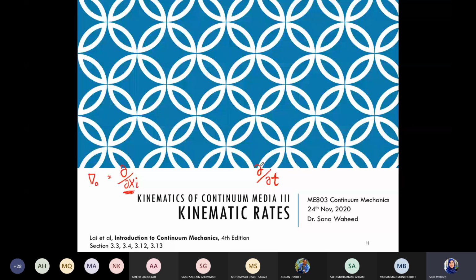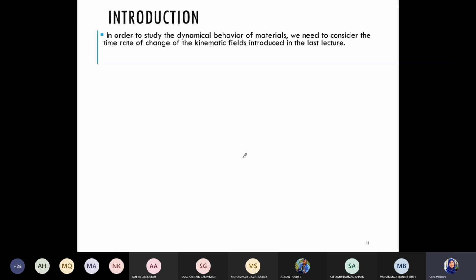We're going to start to look at time derivatives of basically any continuum. So this is not just important in fluid mechanics, it also has importance in solid mechanics whenever we're looking at the time dependent or dynamic behavior of materials. So then we need to take a look at the time rate of change, right? So let's